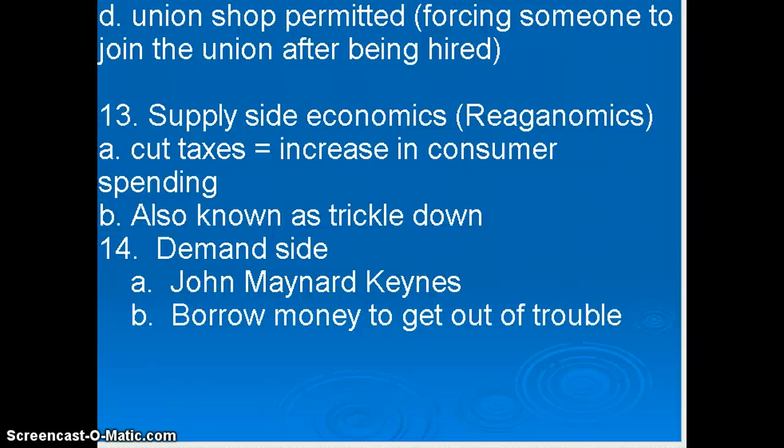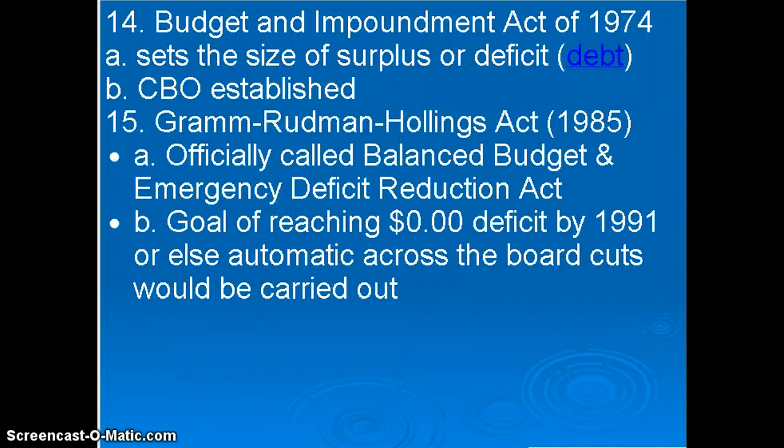Demand side, or Keynesian economics, is simply that when there is a recession, the government should spend more money. They should borrow money, much like Obama tried to do in 2009 when they passed an economic stimulus bill. And they borrowed $800 billion to stimulate the economy. The Democrats claim that that worked, and by work they mean that they prevented a complete disaster or a second Great Depression. Both of these are economic theories, and the Republicans favor supply side and the Democrats favor Keynesian economics.